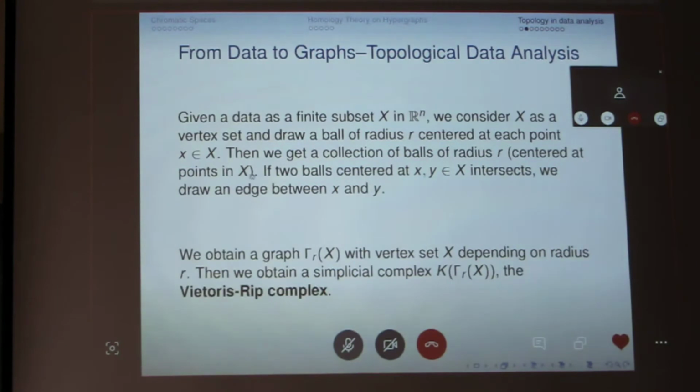If three balls intersect together, we get a 2-simplex. If four balls intersect together, we get a 3-simplex. So we get one construction, the Čech complex. Also, there's another way to construct a Rips complex. And the relation between these